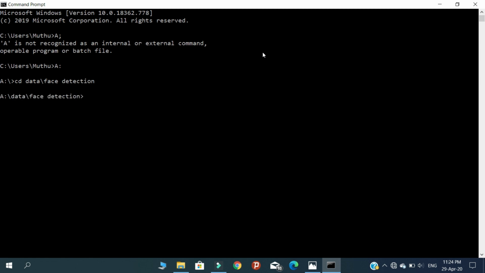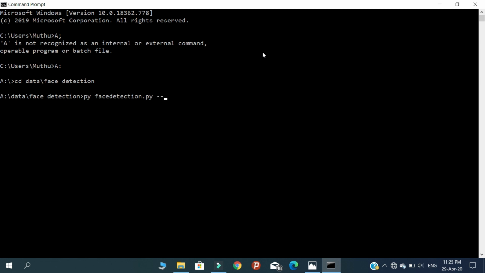Here we are going to run the Python file. So py face detection.py. This is our Python file. After inserting the Python file, you need to specify the image that you want to predict.